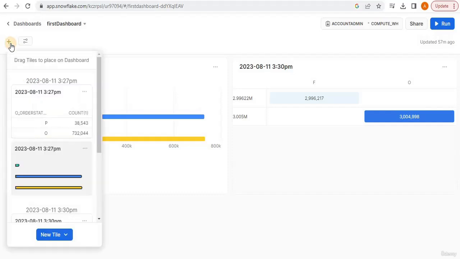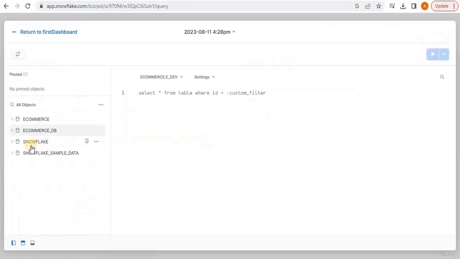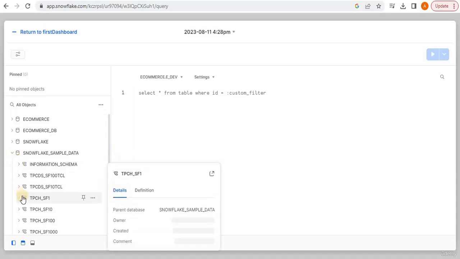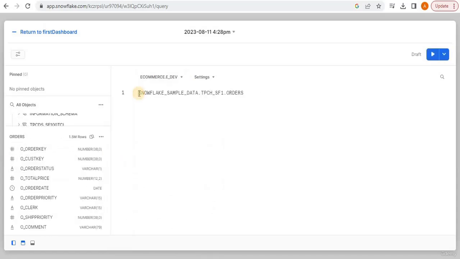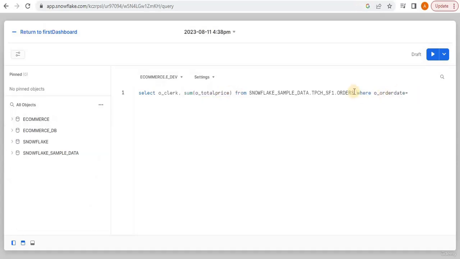So to add a worksheet, we are going to add a new tile, and inside this worksheet, I am going to once again select the sample data database, and from that I am going to select the orders table. I am going to write the query, select O_CLERK, and then I am going to calculate the sum of total price of all the orders, where order date is equal to, and then after equal to I am going to apply a colon,